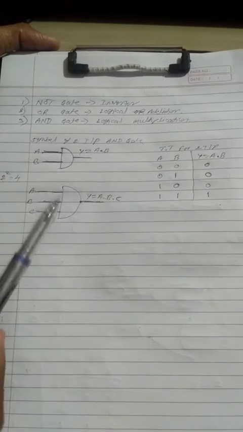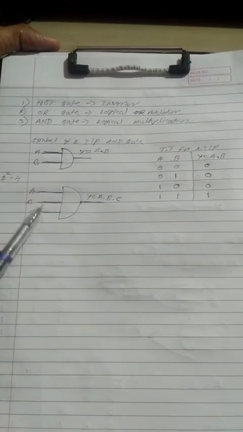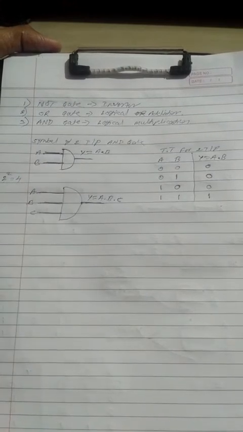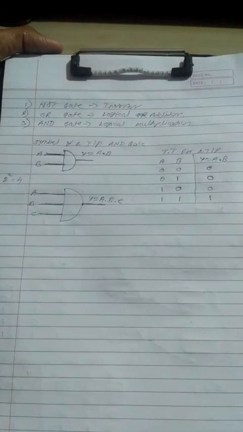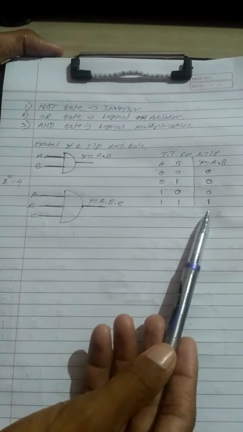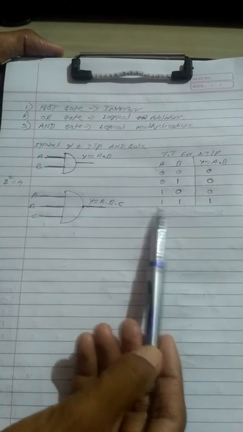Y is the output. Okay, so see the definition, once again I will repeat. AND gate is an electronic circuit. It has 2 or more input signals and always produces only one output signal. Then also the definition related to your truth table: the AND gate output is high when all the inputs are high, otherwise the output is low.